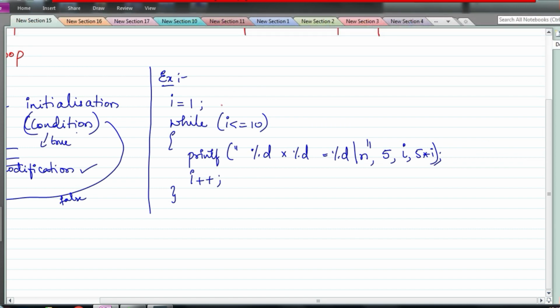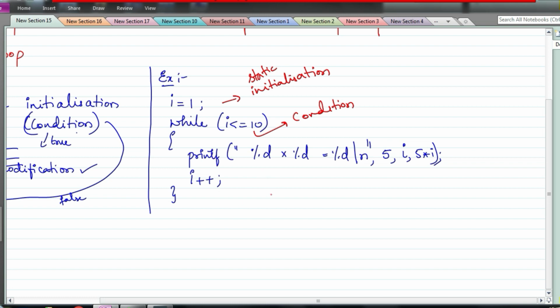So this is your initialization part. We are using a variable in the loop condition, which is i. That variable we have to initialize, so I have given a static initialization here. Static initialization is given, and while i <= 10, this is your condition. If the condition is true, we enter the loop. Is i less than or equal to 10? Yes, so we enter the loop. I am supposed to print this. These are the set of instructions to be executed if the condition is true. You can have as many instructions as you require and enclose them within these curly braces.